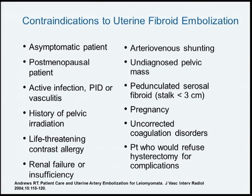If a patient has an active infection, pelvic inflammatory disease, prior history of pelvic radiation, a life-threatening contrast allergy, or severe renal failure or insufficiency, these too would be contraindications for fibroid embolization. Other contraindications include AV shunting, undiagnosed pelvic mass, and patients who have a fibroid that's on a stalk,